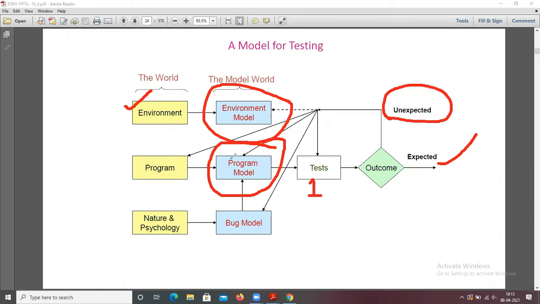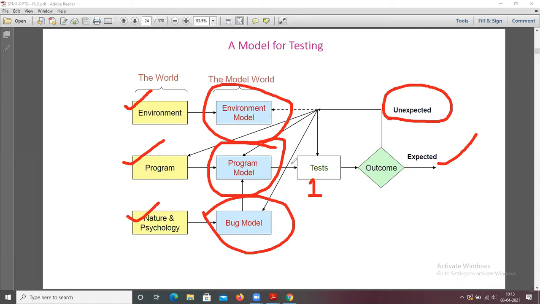Then nature and psychology, that is, bug psychology and bug nature. We have discussed different types of bugs in detail. So environment, program, and nature and psychology of the bug: all these three have models, the environment model, program model, and bug model.